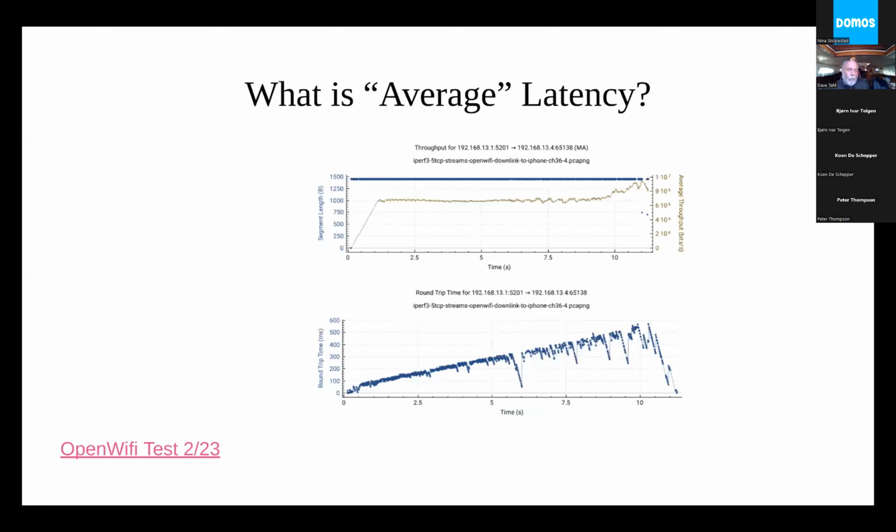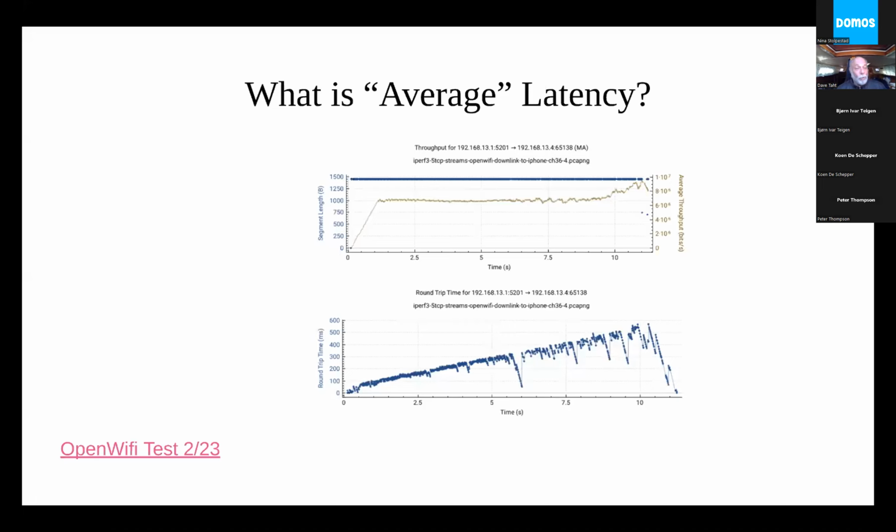I'm going to talk a little bit about speed testing and the things that we do wrong. This link is a brand new Wi-Fi device where someone was so proud to achieve that perfectly flat throughput that you see in the first part there. I looked at his plot and asked him to get a packet capture, and he sent me the packet capture of the actual behavior. As you can see from this slope over the course of 10 seconds, the underlying latency of this particular Wi-Fi link grew to almost half a second, which means it would be unusable for normal usage.